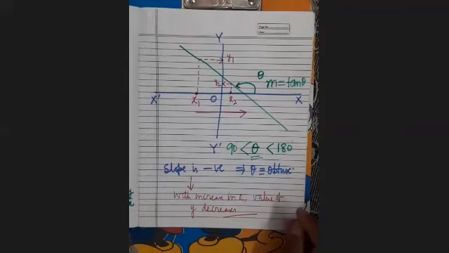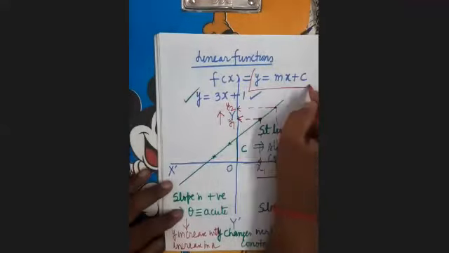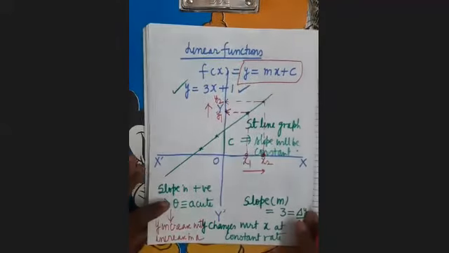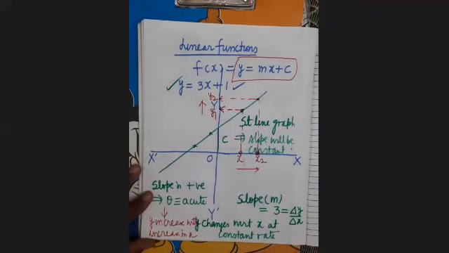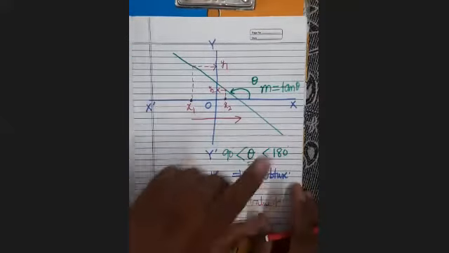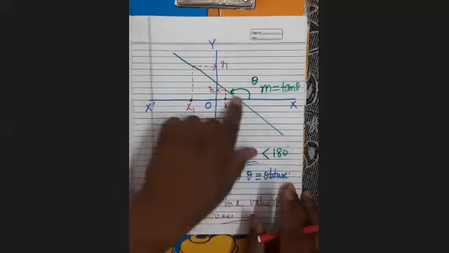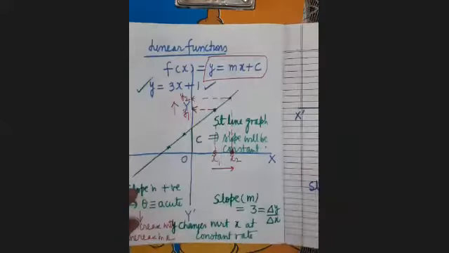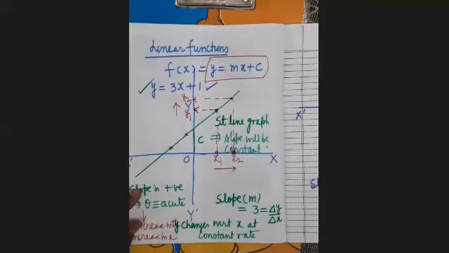Now see here. So this is the linear function. Linear function means a function of this type, whose graph will be a straight line, whose slope will be uniform, in which y varies with respect to x at a constant rate. It is clear? So just by seeing we can tell that here slope will be negative because it is sloping down. While here it is sloping up. It's clear?